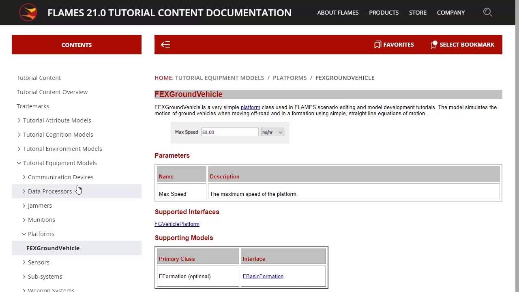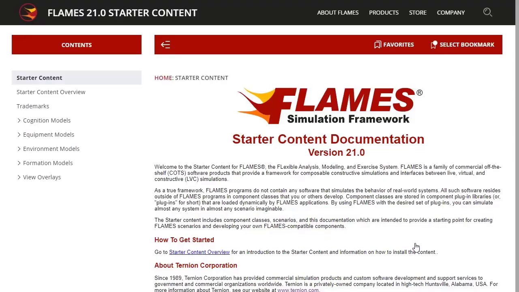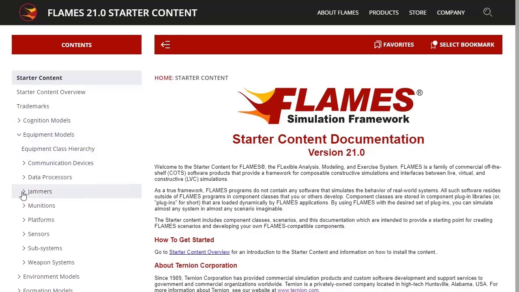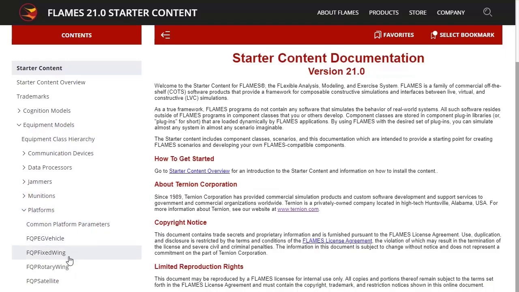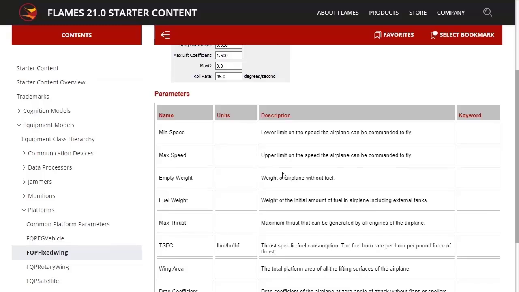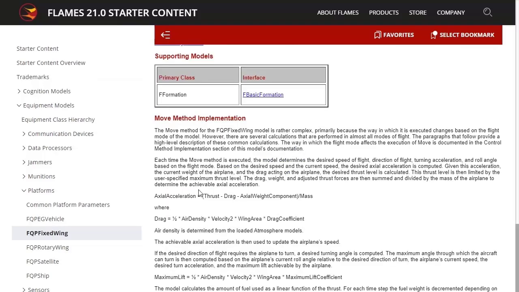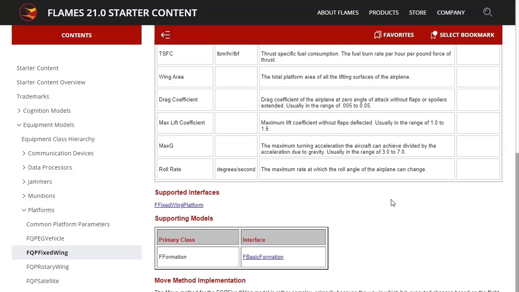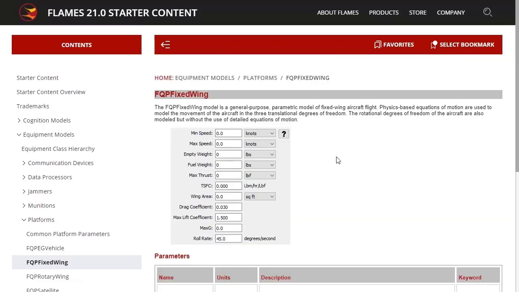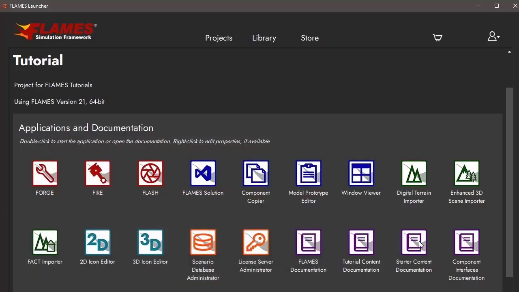The tutorial models are very simple, so there's really not much to say about them. However, the starter content, those models are quite a bit more complicated, and the documentation on those models is a good bit more extensive. So if I, for example, go to the fixed wing model, I've got a lot more parameters here. And in this case, I've got some information even about the algorithms that are used for modeling the motion of a fixed wing platform. So you can go to this manual and look up the models, again, by going to the launcher and selecting